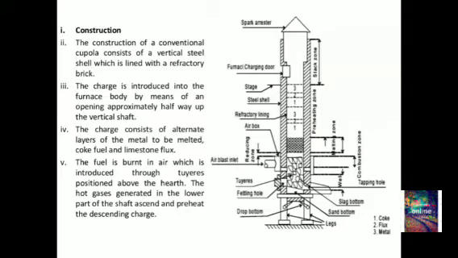And next one is tuyeres. This is the tuyeres, not tyre, right? By these tuyeres, we enter the gas for the proper burning of the fuel. That means to create a combustion zone, we are providing tuyeres. What is the fuel we are using here? Coke. Coke has been used as a fuel, right?